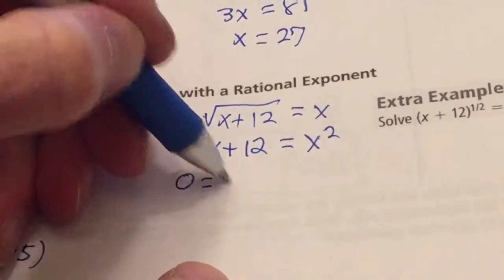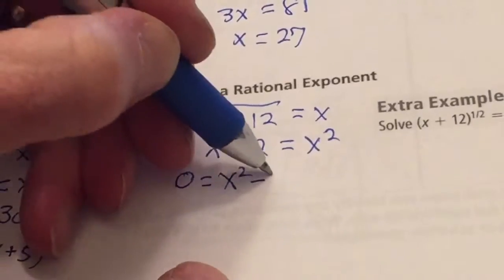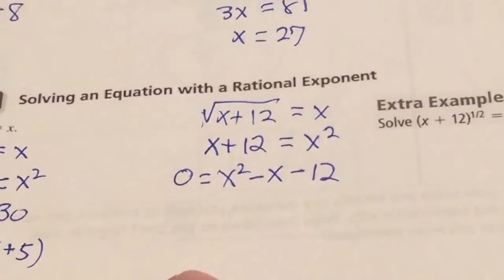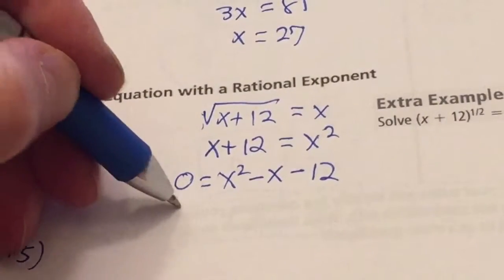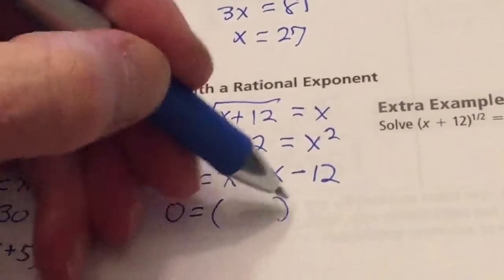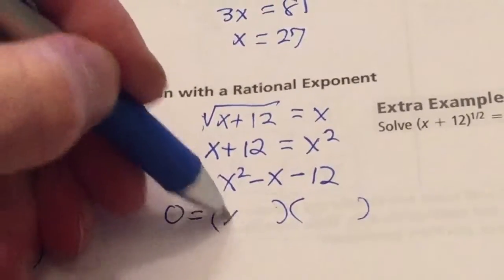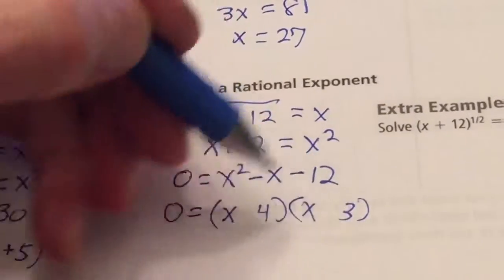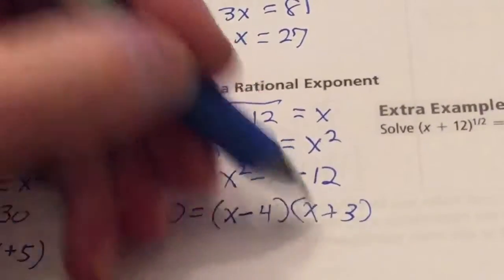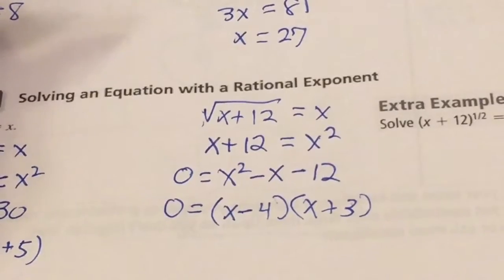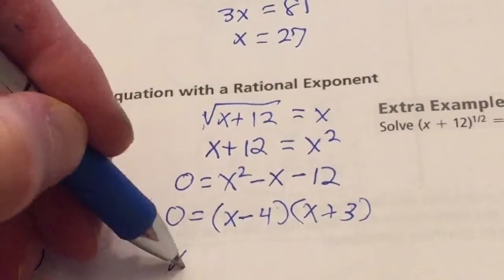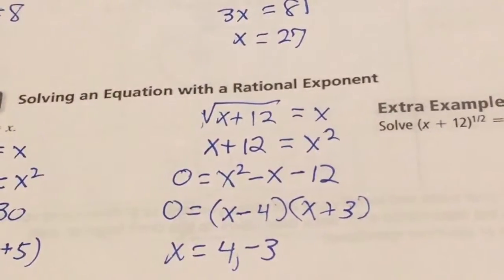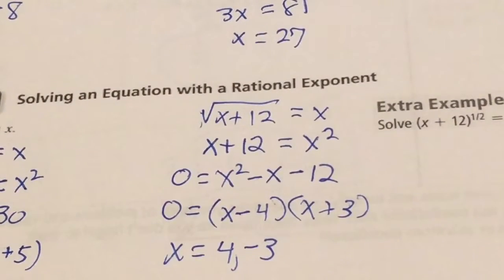It's a quadratic. We want it equal to 0. To do that, we're going to need this to be negative x and negative 12 on the right-hand side. And I bet you can see some easy factors for 12 that would have a sum of negative 1. Looks like 4 and 3 will work with the 4 negative and the 3 positive. And with those factors, we would have to have 4 and negative 3 as our solutions. And again, once we check,